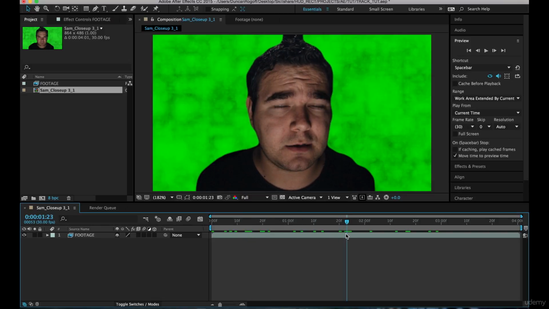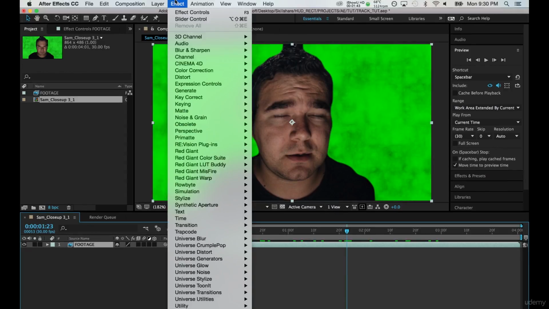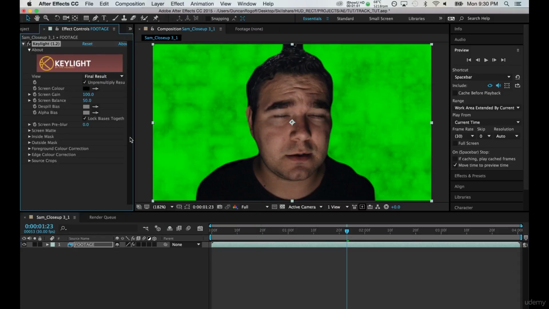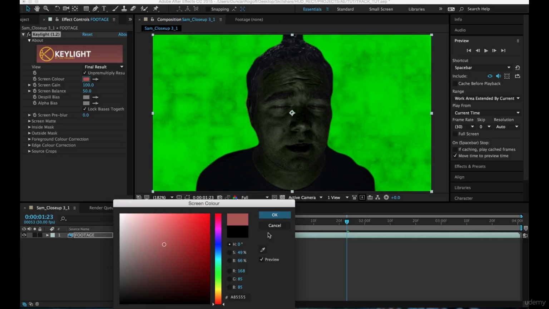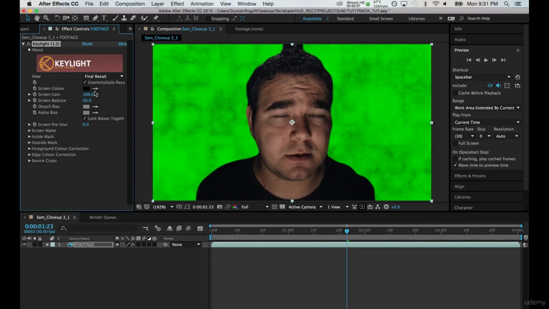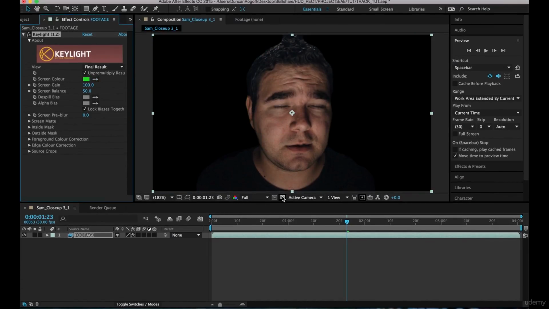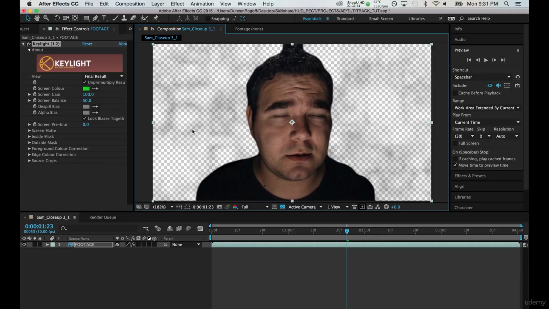Now what's great about After Effects is that getting a green screen key is actually really simple, especially if you have good lighting. So the first thing we're going to do is select our footage and go up to Effect, Keying, Key Light. Key Light I found to be the easiest way to get a good green screen key. There are a couple different settings to adjust, but the main one is this screen color here. Now we can click and select our color from our color palette, or we can take the eyedropper and color pick our green screen. And now if we turn on our transparency, you can actually see that we've removed most